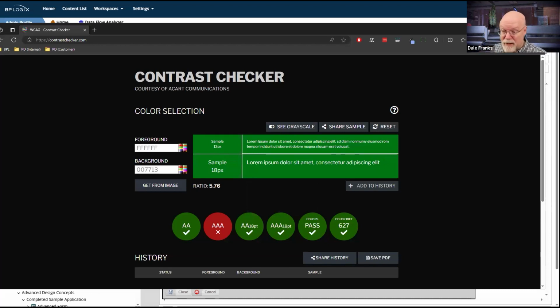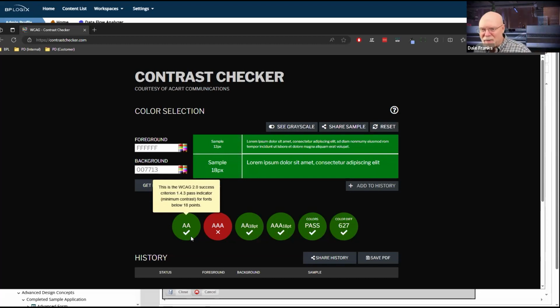Now, as it happens, I was right. That is technically compliant to the WCAG AA standard. That is the standard that is generally required according to the Americans with Disabilities Act, and I believe also Accessible Canada, and the Ontario and Alberta Provincial Accessibility Acts. I believe all of them specify compliance with the AA, or double A, level of compliance with the WCAG, the Web Content Accessibility Guidelines.